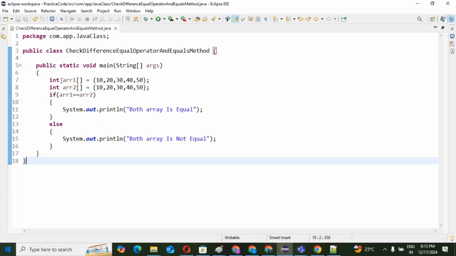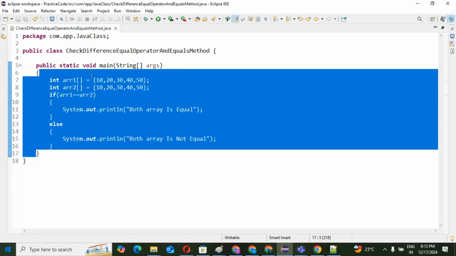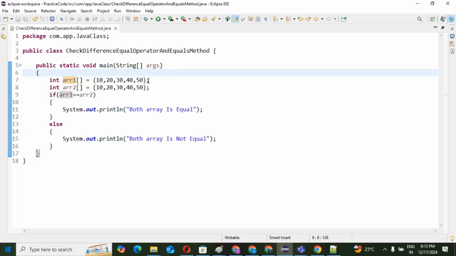Array 1 and array 2 are reference variables which hold this data. So array 1 holds this data, array 2 holds this data. It will check whether the reference variables are equal or not. It will not check the content.